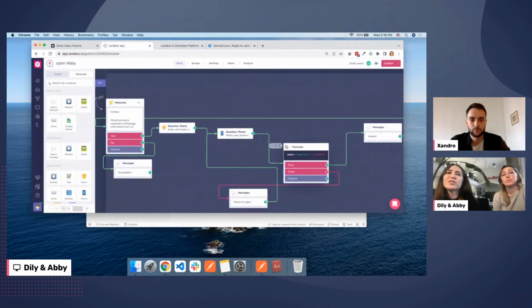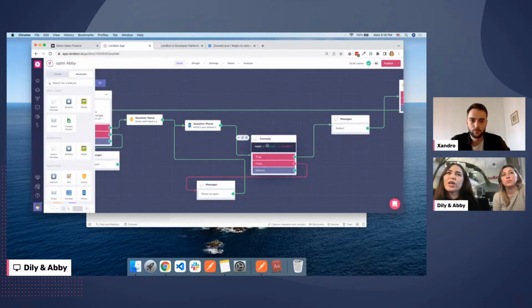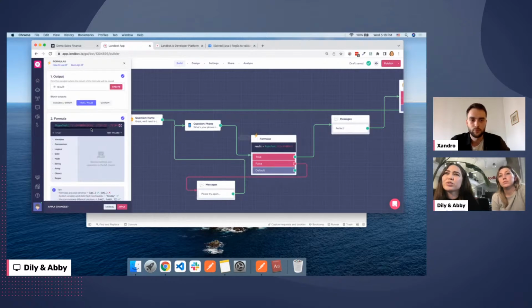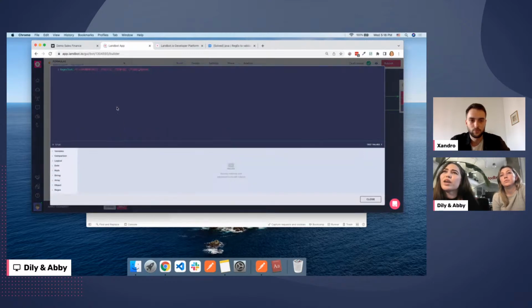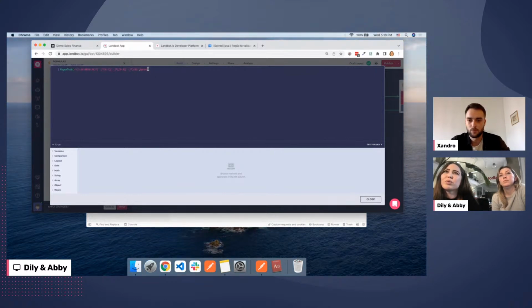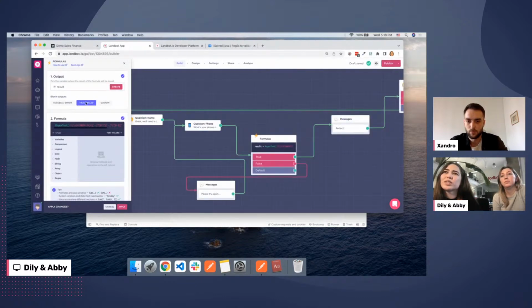I have already done it here, so I will show you how to use it in the formulas block. In the formulas, we have a specific method for that, which is regex test. As you can check here, it always needs to start with the slash and the upper arrow, and also end in slash. It's the same expression that we see on the web, just by adding these 3 symbols, and of course the variable that we want to validate. In this case, it's a phone. Also, what's important here is to set the block outputs to true or false, because what we're doing is checking whether it matches a certain regex expression or not.